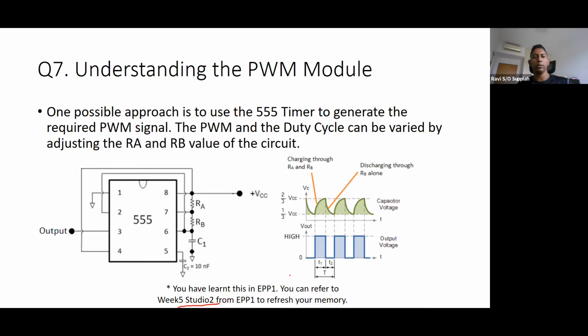from your EPP1, you did this experiment where you hooked up a 555 timer. The RC charging and discharging is one of the things you saw, but this high and low is the outcome that you want, correct? The PWM signal output. So this is one way of generating a PWM signal without even a microcontroller. No software involved, no controller involved, a pure hardware solution, and it can still work.